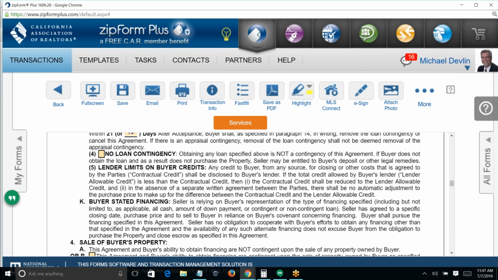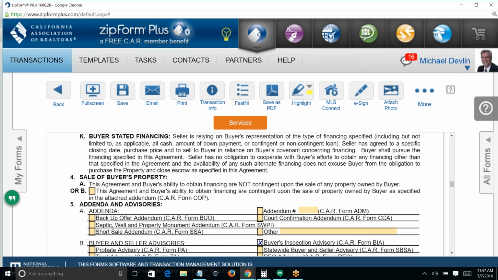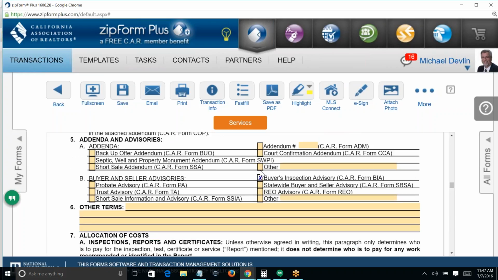Lender limits on buyer's credit. I'm just filling out the form now, and I'm not going to explain anything. Generally speaking, down here, there isn't anything else you should be doing. If you're typing in some poetry next to other terms, you might want to talk to me first. Do you understand? If you're just freestyle typing in stuff, it would be good to mention it to me. Just say, hey, you know, call me. You know, I drive around a lot, but I answer the phone and say, I'm typing something in. I'd be happy to tell you if you should or not. All